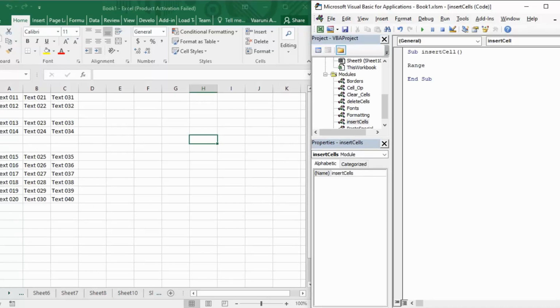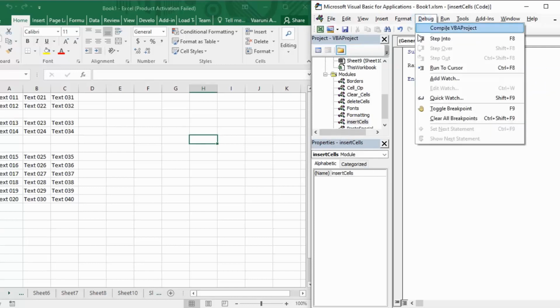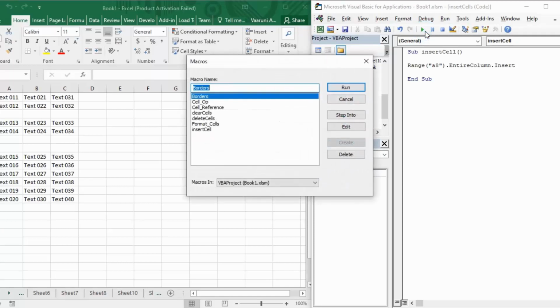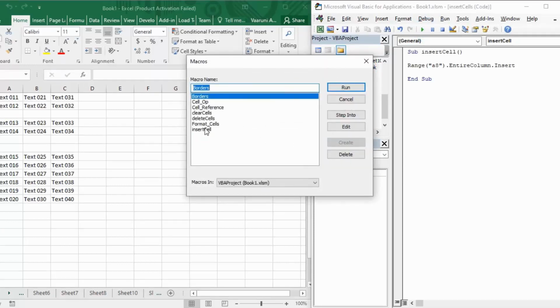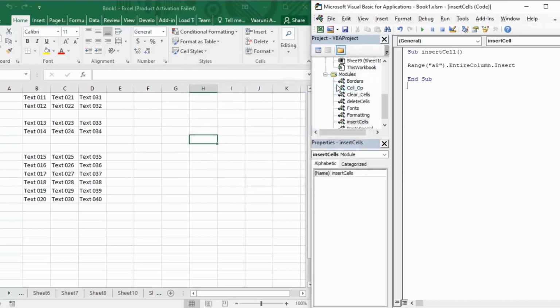Range, let's provide A8: Range A8 dot EntireColumn dot Insert, and when you run it, yes, Insert Cells, you can select the macro from here and click on Run. When you click on that, you can see a new entire column is present at A and all the contents have been shifted to the right side.